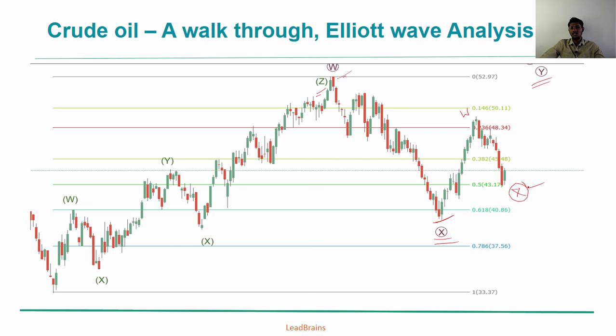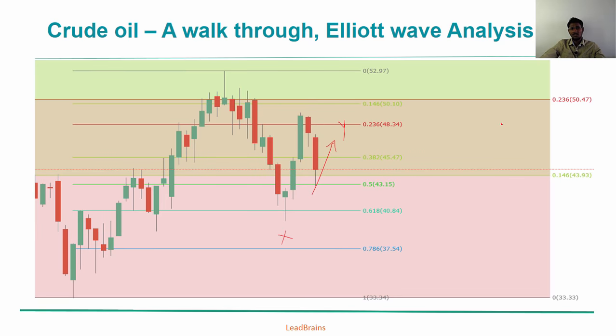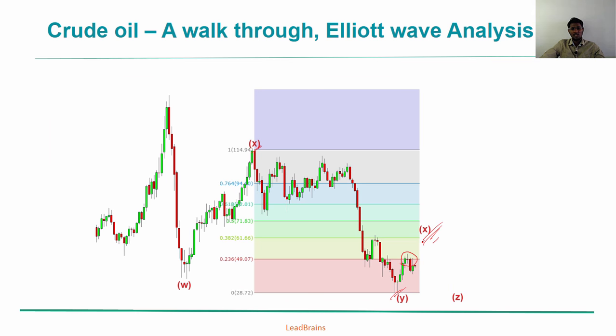After the completion of the primary wave X, the Y wave within the Y wave is going to happen. And remember one thing, the Y can actually be stopped at this area, 38.2%, which is coinciding with the